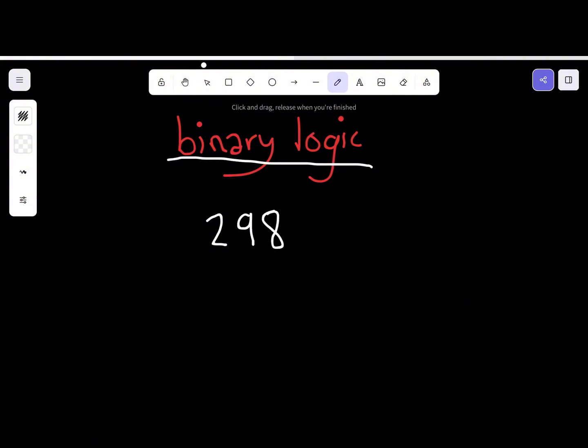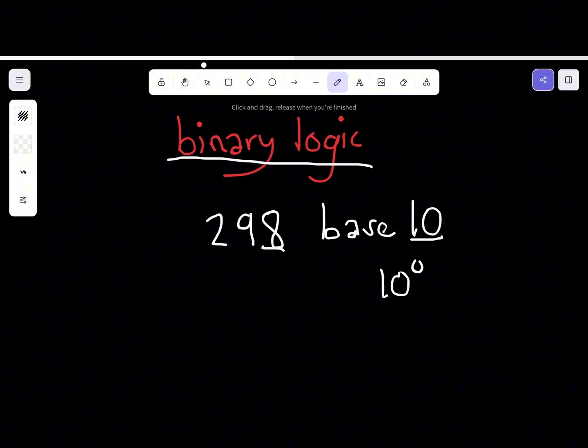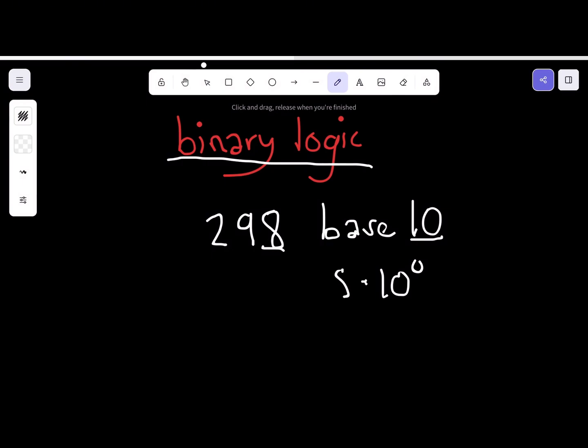Now, what we did last time, base 10, we're going to take this number, this 10 here, and we're going to start at 10 to the 0 power. And we're also going to take the first digit in the sequence, which is an 8. So 8 times 10 to the 0, plus 10 to the 1 this time, because we're going to be adding 1. 10 to the 1 multiplied by the next digit in the sequence, 9,